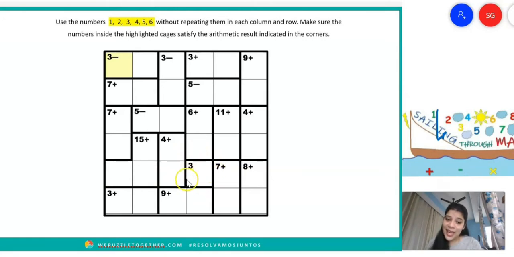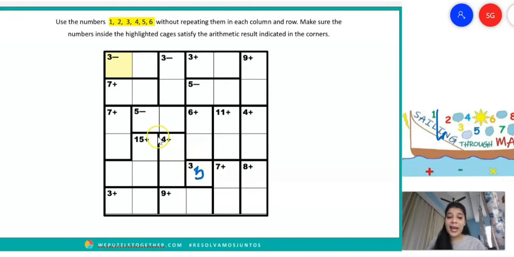So can I say that inside this block, the number which is going to come is going to be equal to 3, because there is no arithmetic operation attached to it. And again, there is only one block, it's a 1 by 1 grid. So the number which is going to come inside is going to be equal to 3. So this just gives me a starting point of my puzzle.